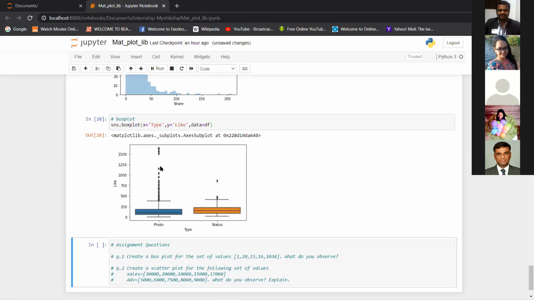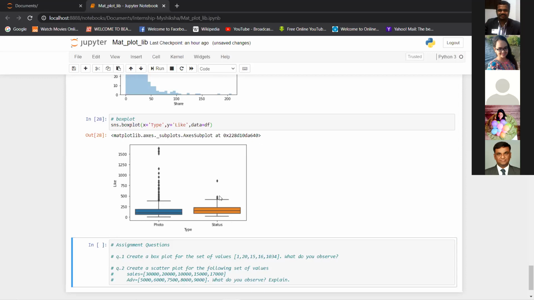As you can see, there are a lot more outliers in photos because I think photos have gotten way more likes than statuses. This is the information you are getting from here: photos get more likes than statuses.